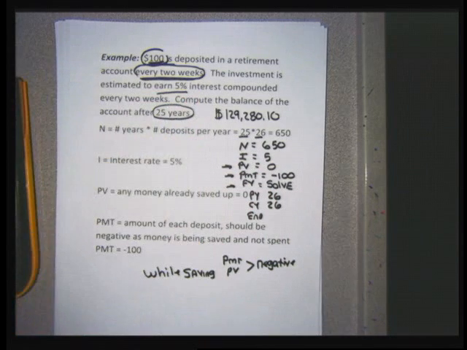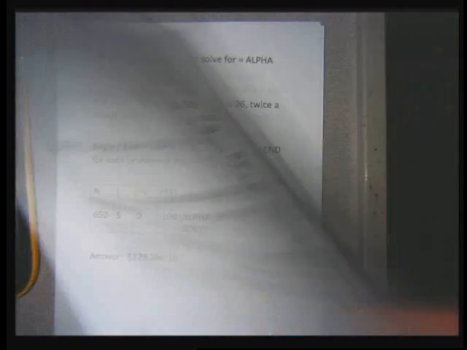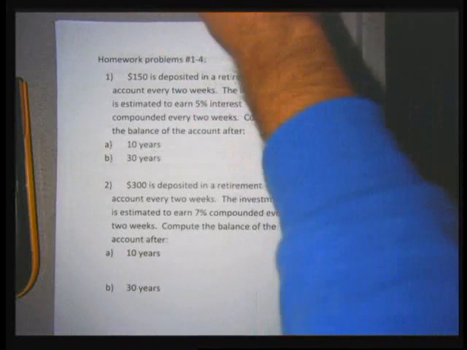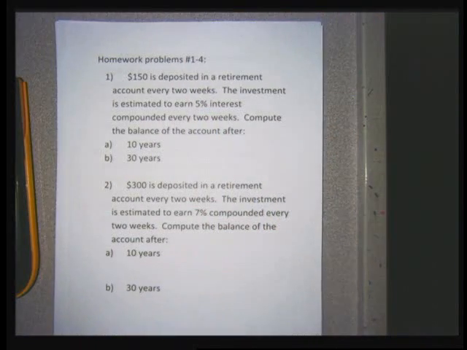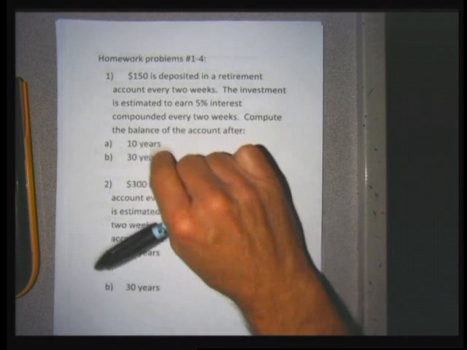So this is what the first problems are going to be like. Exactly the same answer, so I feel good about that. Homework 1 through 4 have a part A and a part B just to really hammer home the benefit of saving for a long period of time. If you're saving money for 10 years, it matters how much you put in, but time is almost more important than the amount of money that you put in. So when you do problems 1A and 1B,